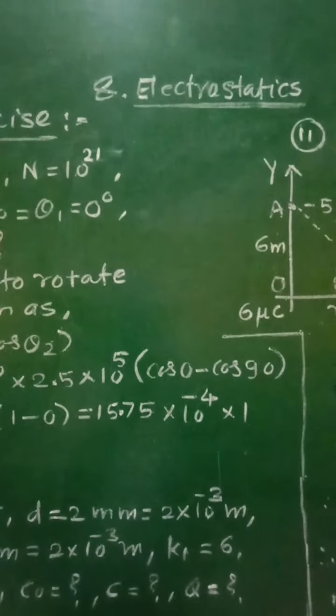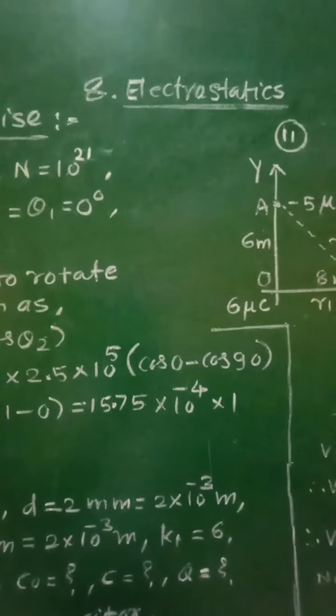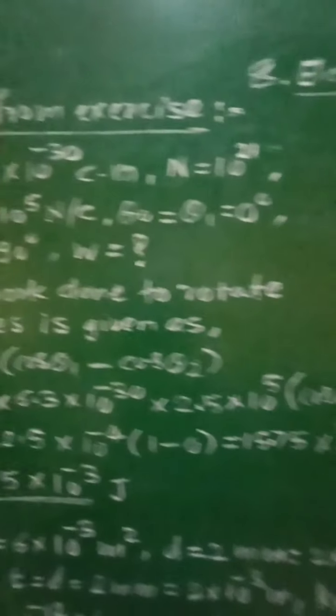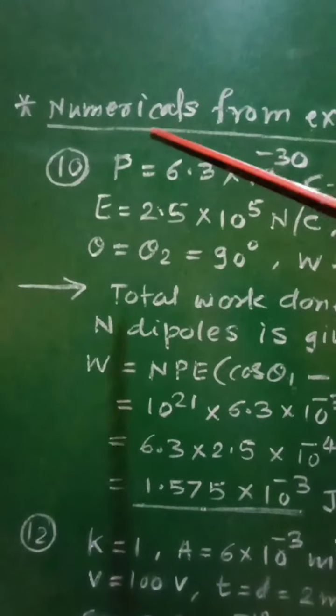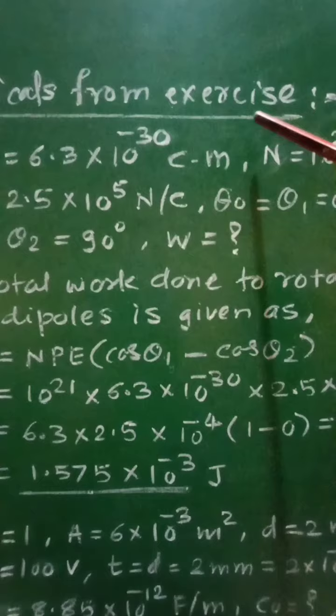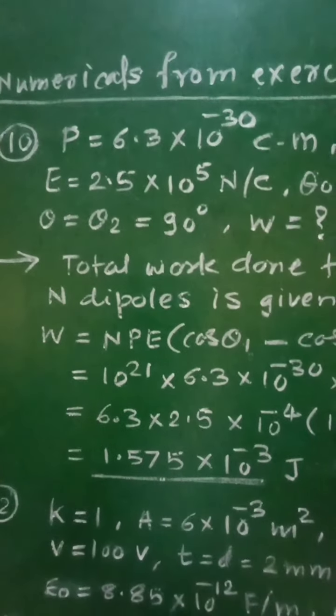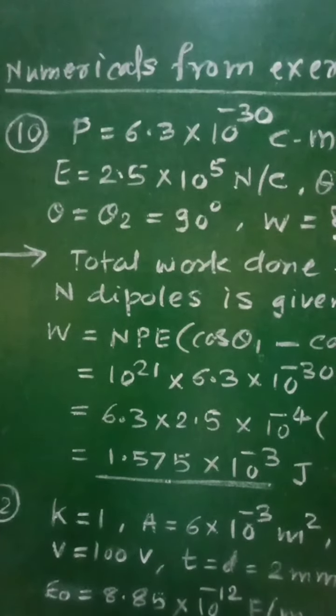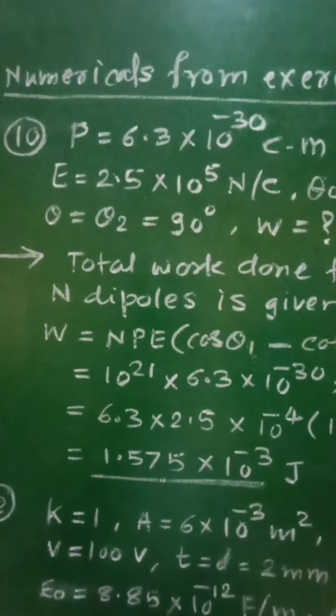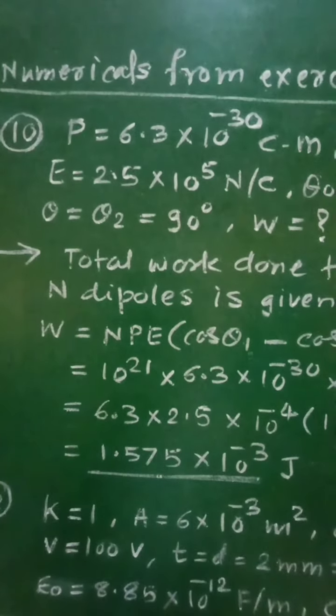Class 12th, subject physics, 8th chapter, electrostatics. From the chapter, let us see numericals from the exercise. Let us see numerical number 10, which is given as: the dipole moment of a water molecule is 6.3 into 10 raised to minus